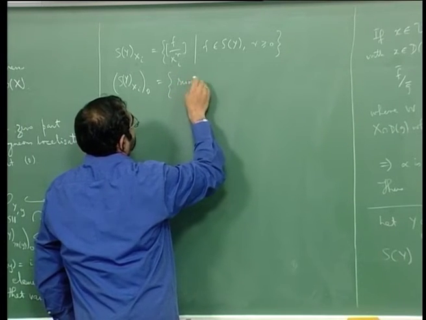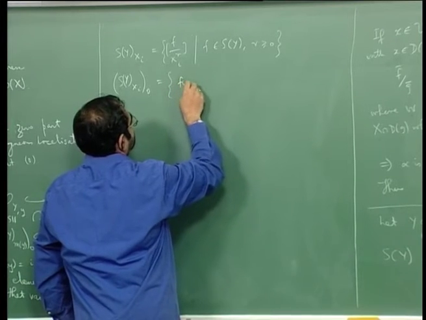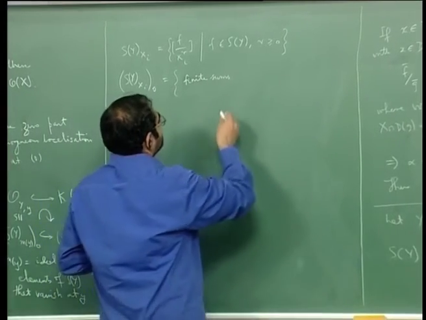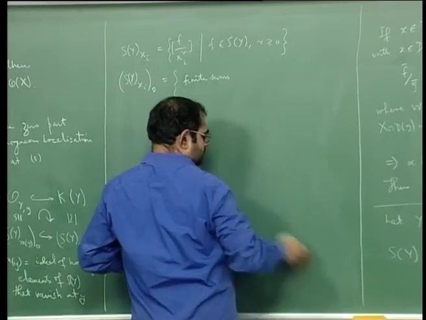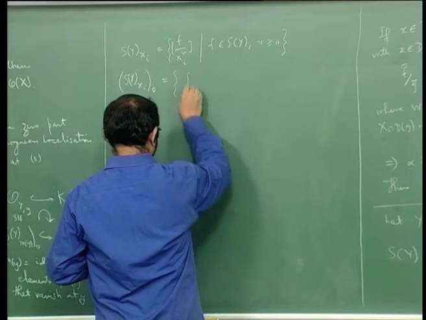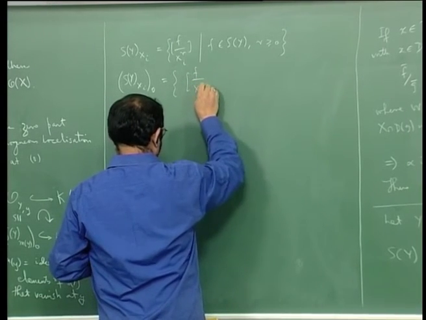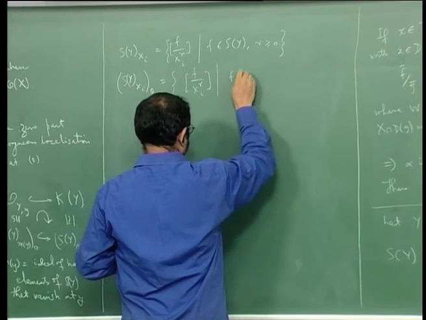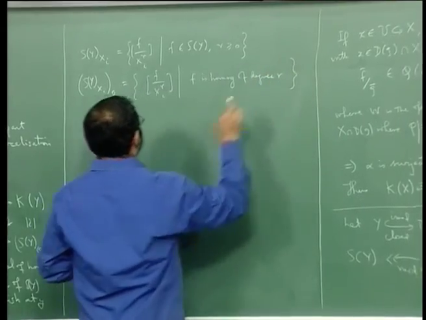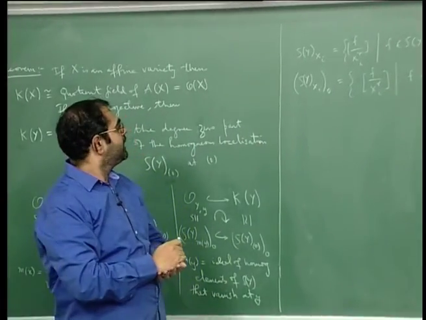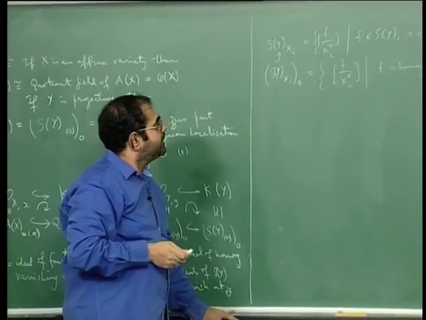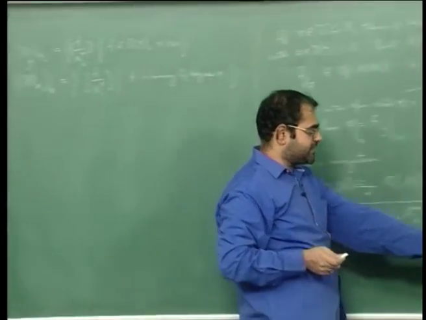sums, finite sums, and of course also finite products for that matter. Well, instead of saying all that, I could simply write it as f by x_i to the power of r, such that f is homogeneous of degree r. This is the degree 0 part, right, and of course the degree 0 part sits inside this. Okay, and what about this? So that is